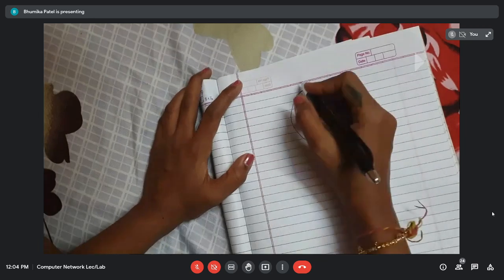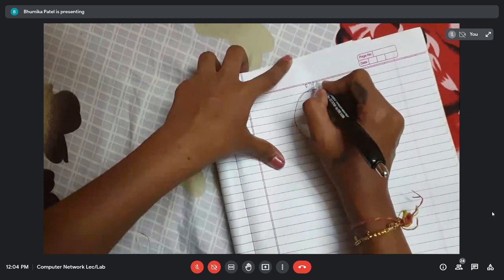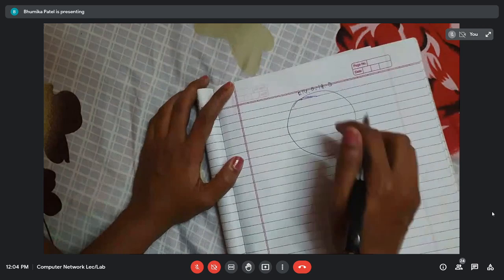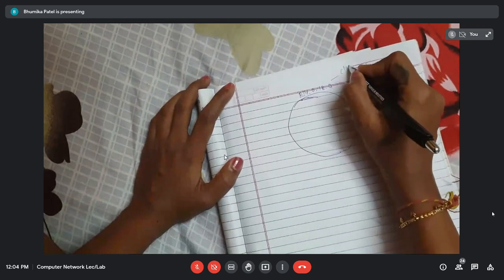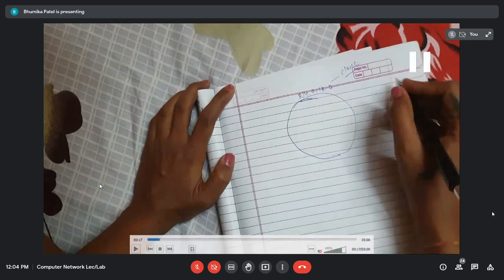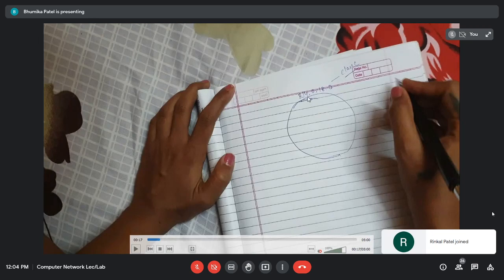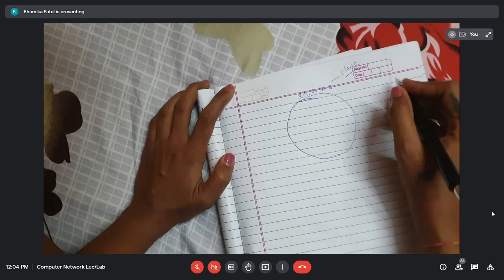For example, I have a network whose network address is 214.0.18.0. 214 belongs to class C, as you can see, since 214 falls within the range of 192 to 223. In class C, the first three octets, or three groups of bits, are the network ID, and the last 8 bits are the host ID.